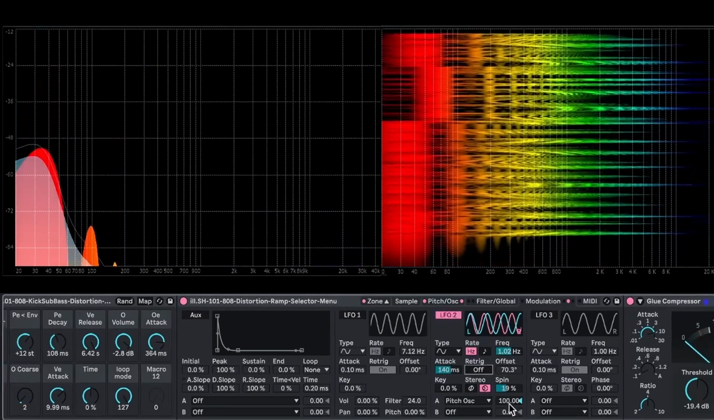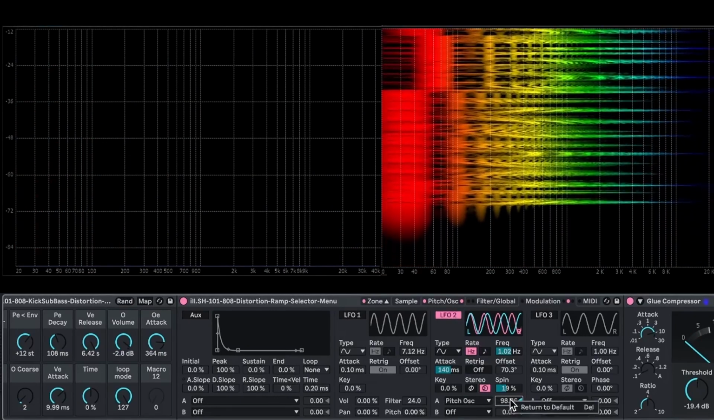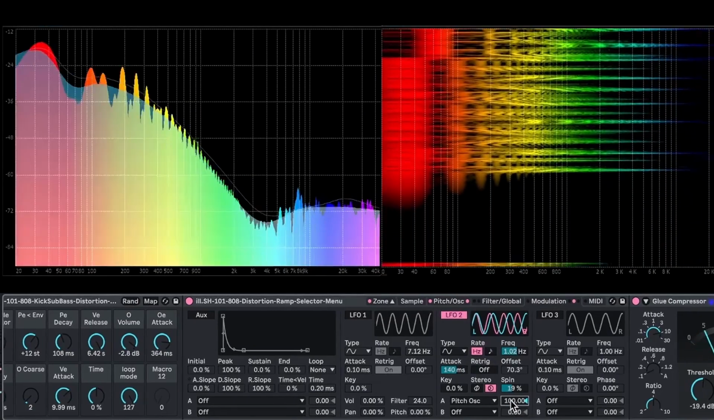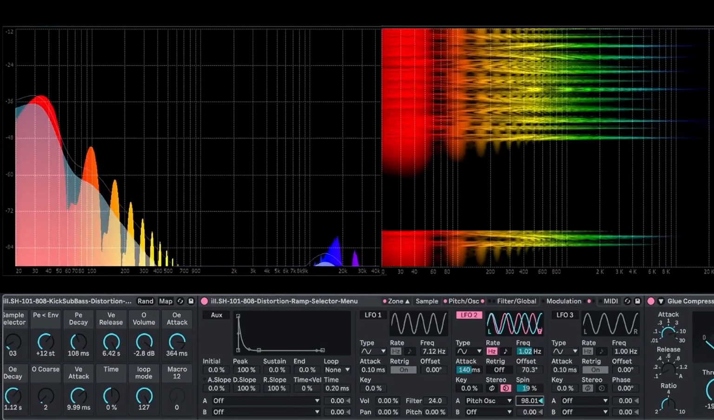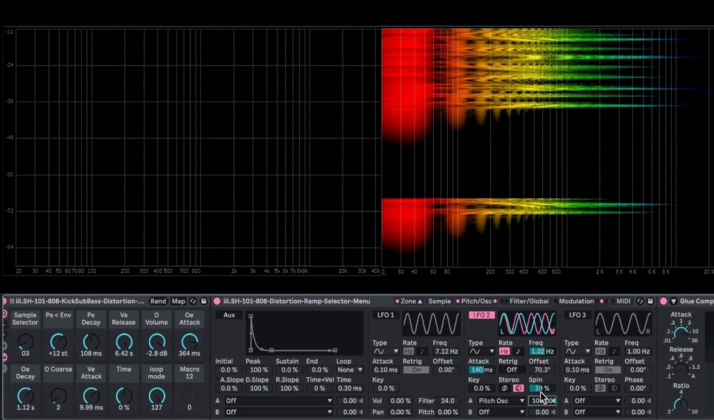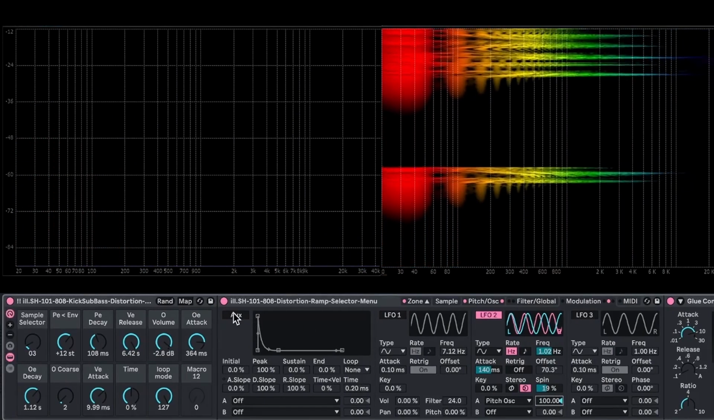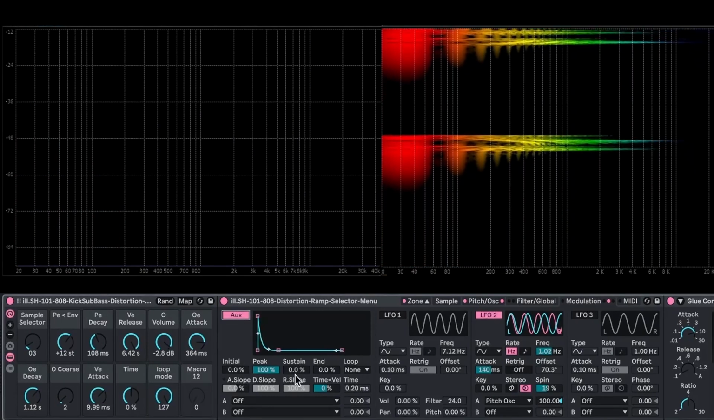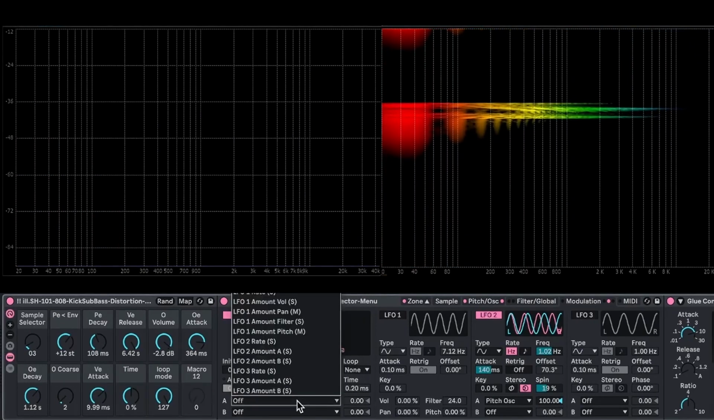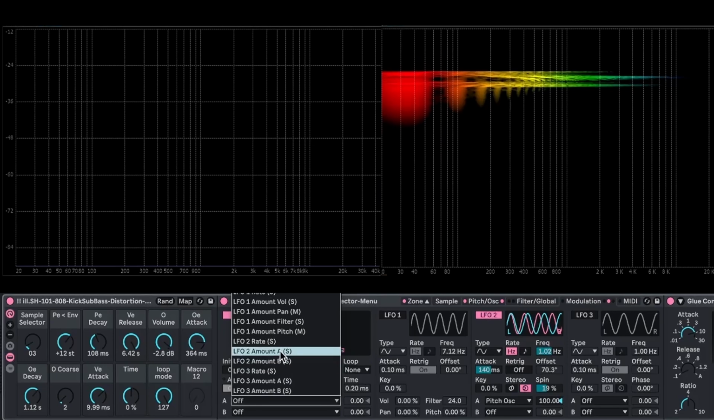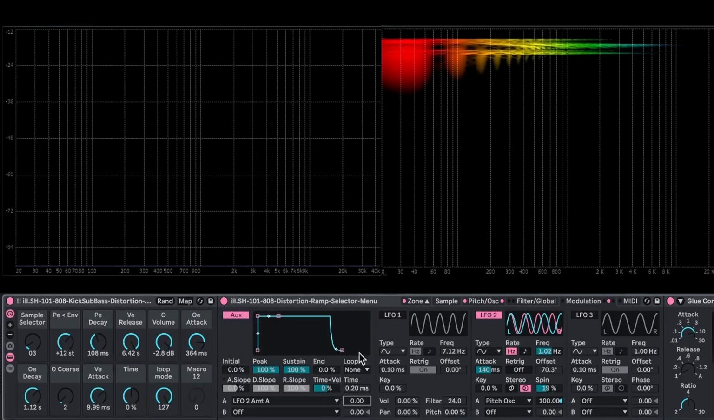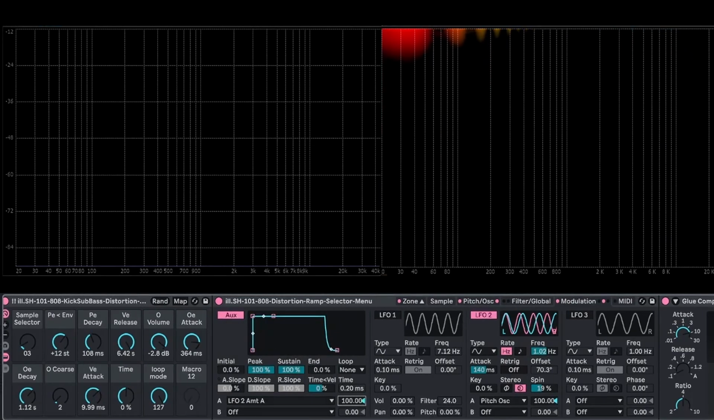So sick. But what happens if I want to turn this up and down? If I right click it, I can't macro it, right? What gives? Why can't you change the depth? Well, check it out. You actually can. What you do is you turn on the auxiliary envelope, and then you specify LFO to amount A, 100%. And then if you were to change the sustain value,